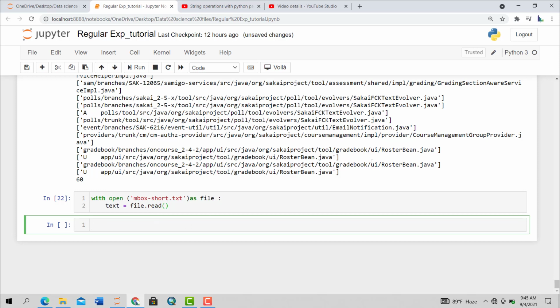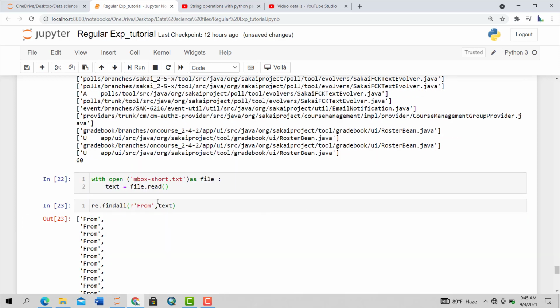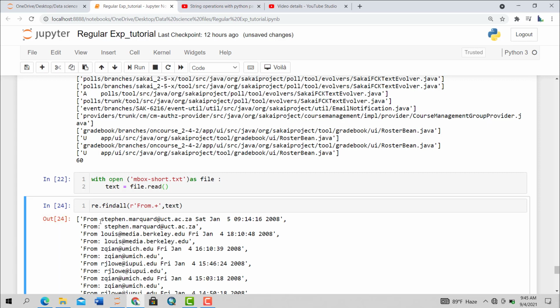So now let's say we want again re dot findall, all the lines that start with from, and txt, followed by, yeah. So we are just interested in this email address. Okay, so now we are going to write what, to specify that we'll be using